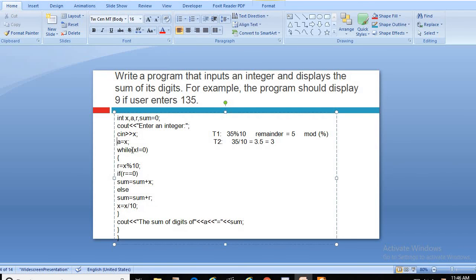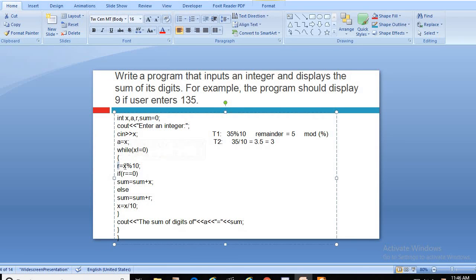Now while X, means 135, is not equal to 0, obviously it is not equal to 0, means the condition is true. X is not equal to 0, we have written that, and this condition is true. If it is true, it means this body will run. So the remainder is what?